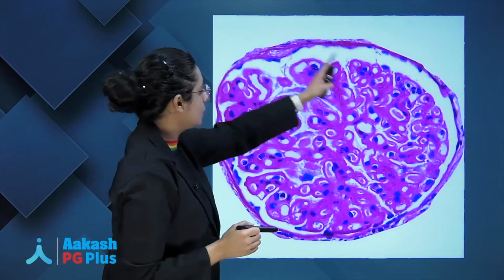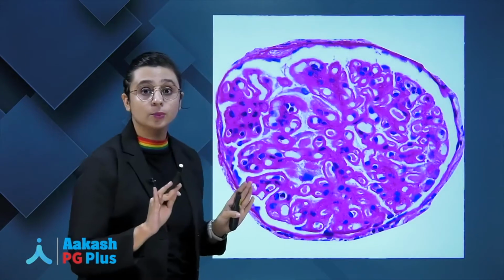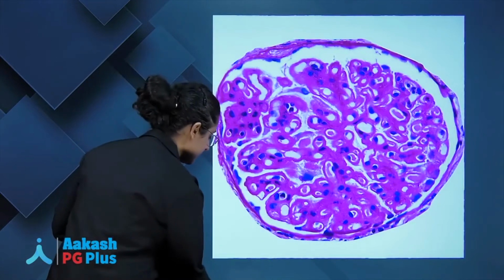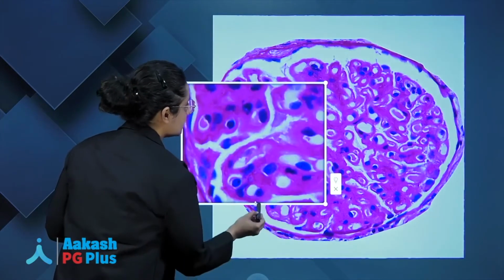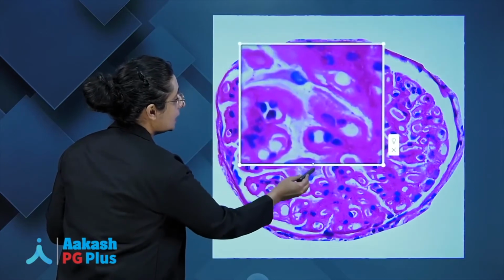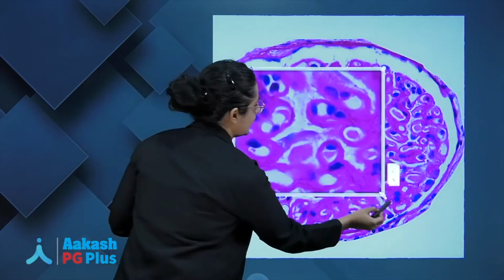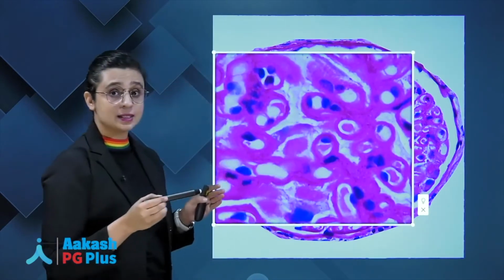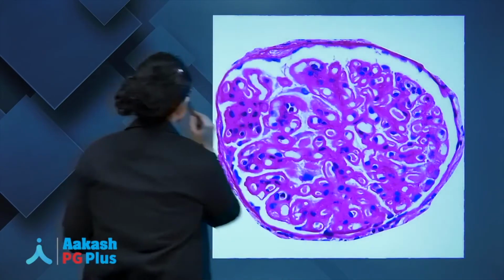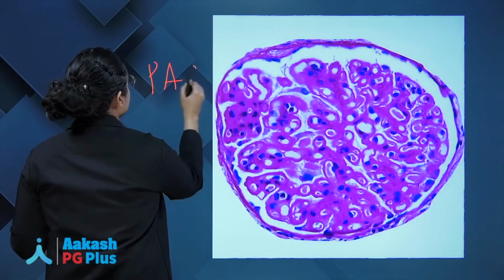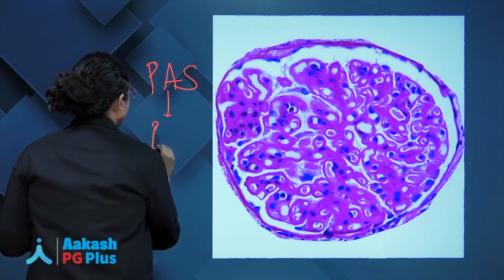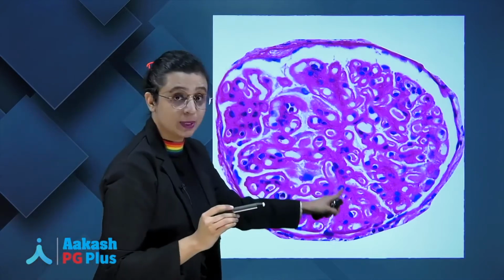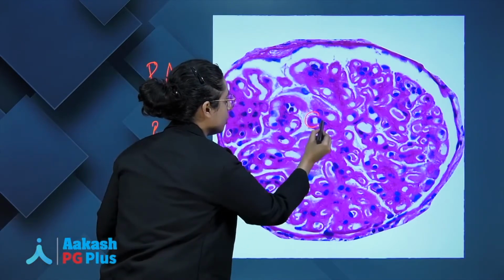Next, this is a glomerulus, and you can see this is not a normal glomerulus. One thing I can see very well in this image is the pinkish, thickened basement membrane. This is PAS stain, which shows the thickening of the basement membrane. Everybody can visualize the thickening of the basement membrane with the help of a PAS stain. Number one, if you all remember, P for PAS and P for pink. So PAS stain will stain this basement membrane pink, and you can see this thickening of the basement membrane,